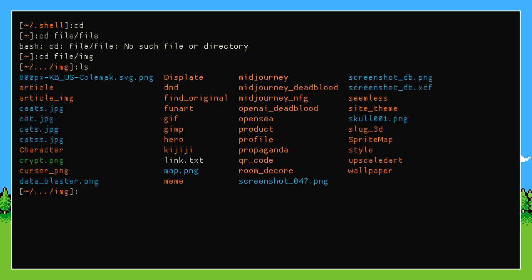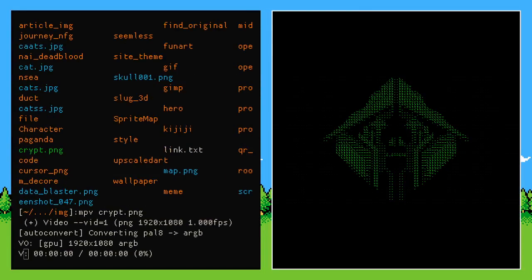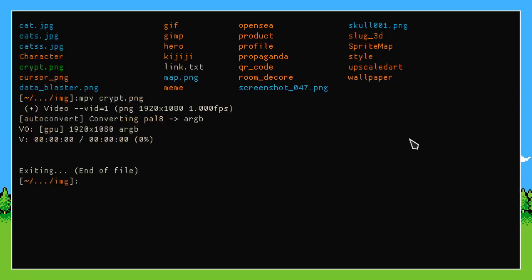We have a lot of distros that have forgotten the Unix philosophy, and in some cases, it makes sense. For example, MPV, a great application that can play stuff. It can play music, it can play audio, it can even play images. I think you can open images with MPV. I'm not sure. I'm gonna try it right now. If I do MPV and the file, there you go. I just opened an image with MPV.